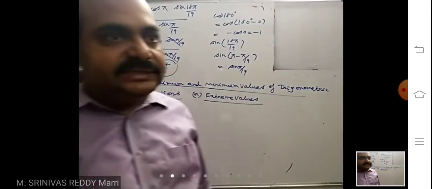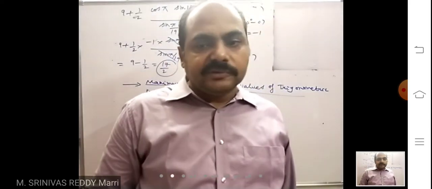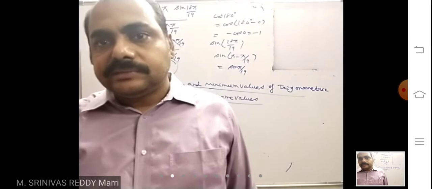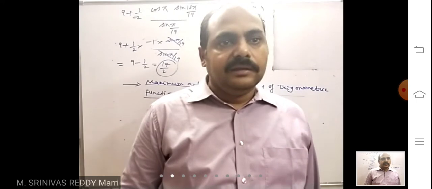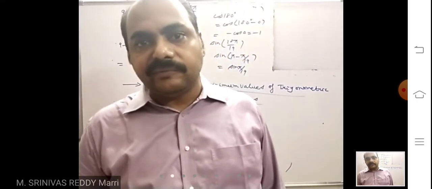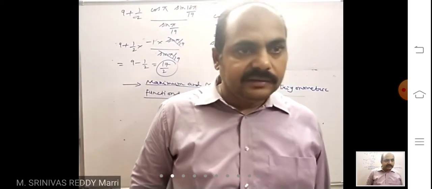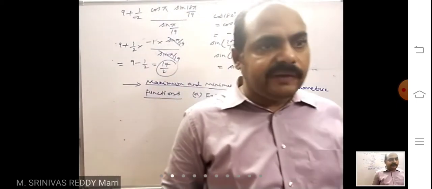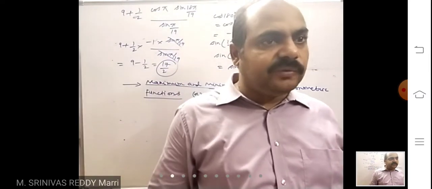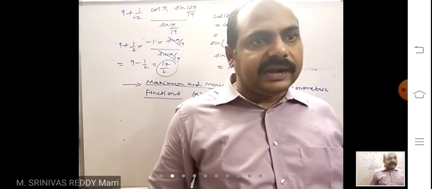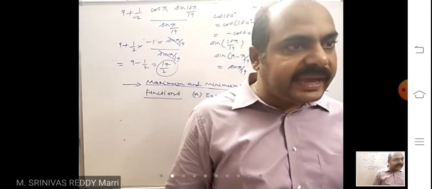Maximum means, suppose in your class, out of 100 in the exam, a student got minimum marks of 20 and another got maximum marks of 100. So in that class, what is the minimum? 20 marks. What is the maximum? 100 marks. What is the range of marks? 20 to 100. Below 20 nobody is there. That means if marks vary from 20 to 100, the maximum marks is 100 out of 100 and the minimum marks is 20 out of 100. Those are called minimum and maximum values.